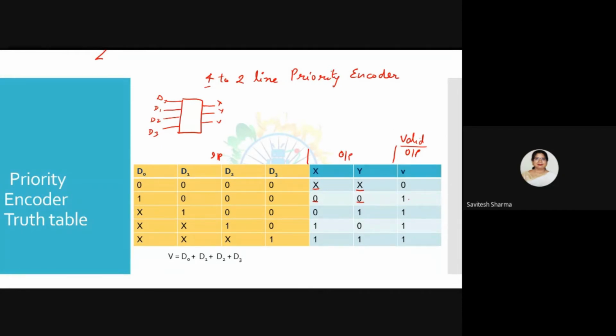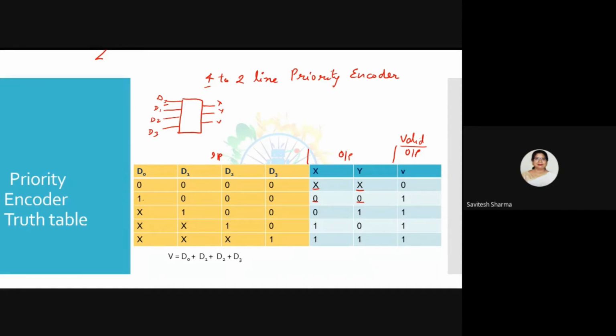I made this V1. So every time my output is valid, I am showing V as 1. Now concentrate on the X and Y only, and based on the input, I will decide the X and Y combination. So the trick is, what will be the combination? The trick is you see the subscript. It is 0. D0, that means this will generate the combination 0 0. So if D0 is high, my output is 0 0.